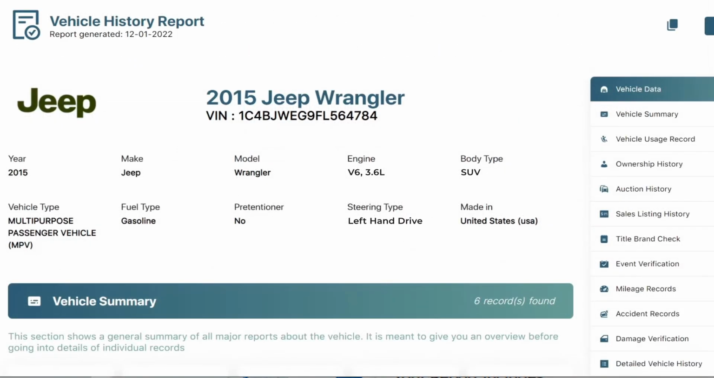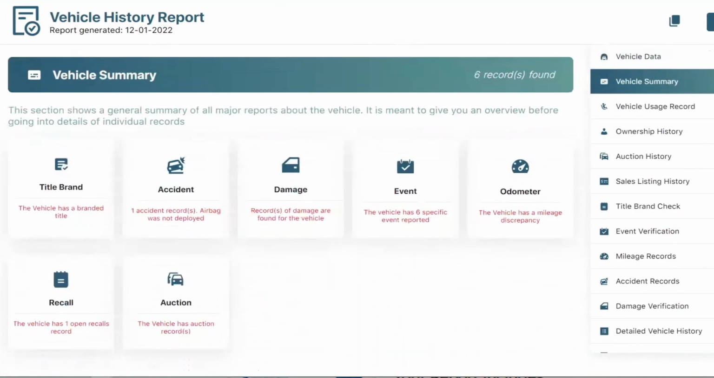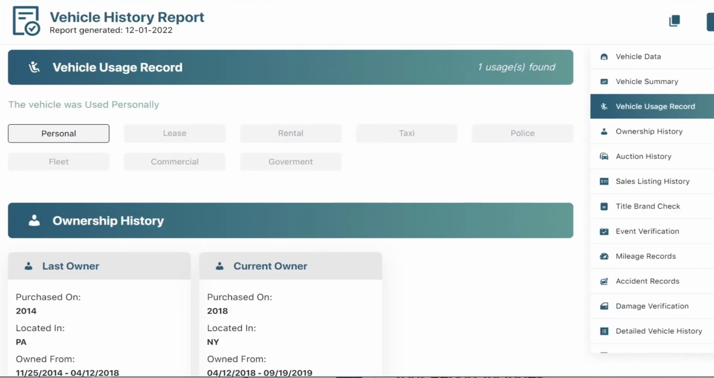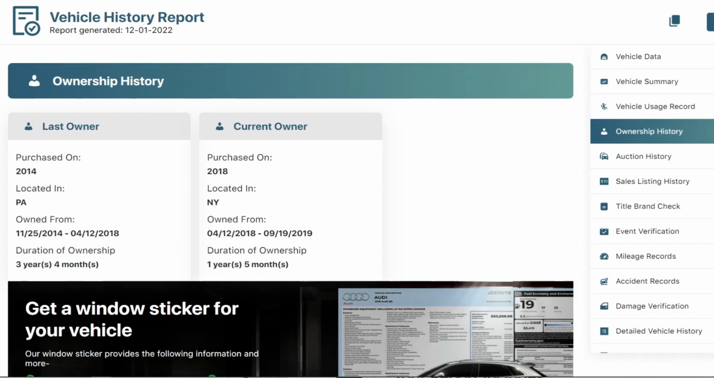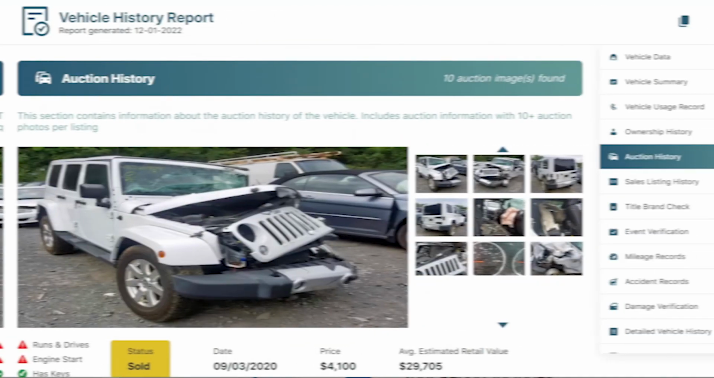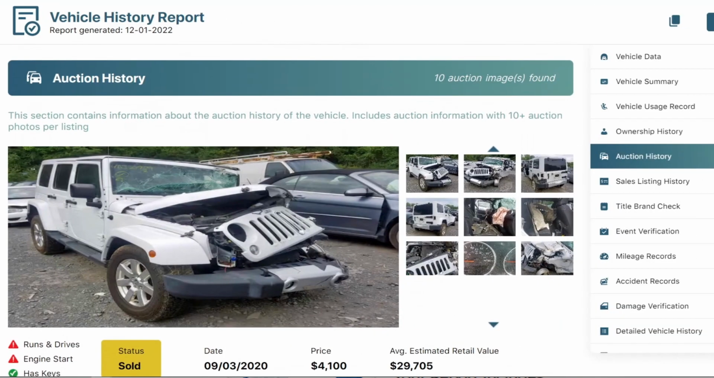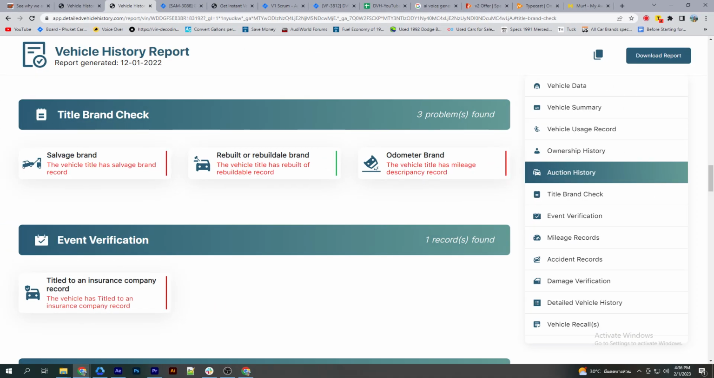View the detailed history records of the vehicle, including auction photos and records when available, including title and ownership history. From the Vehicle History Report, you can check Vehicle Summary, Vehicle Usage Report, Ownership History, Auction History with photos, Title Brand Check,